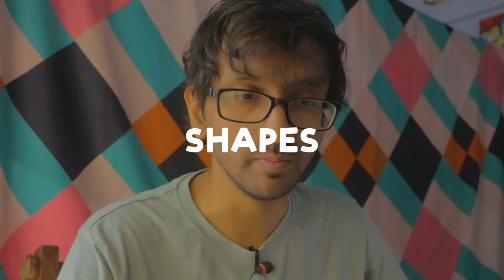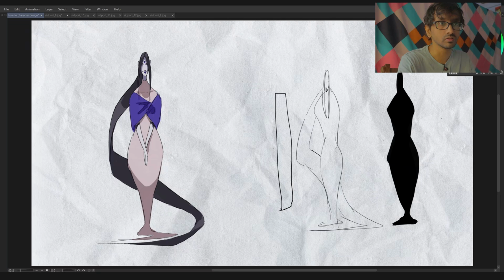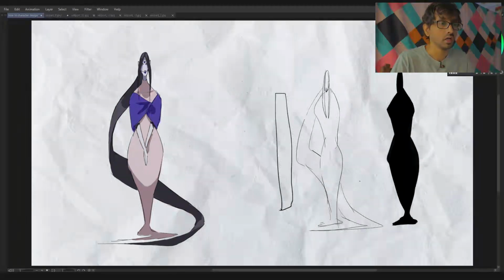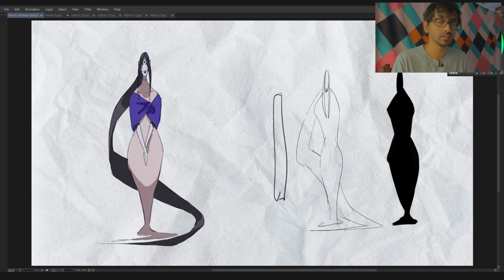Now, talking about the shapes, okay? Now, shape design is the most important thing in character design, alright? Without the shapes, you cannot tell a difference between one character and the other character, alright? Now, if you take a look at her shape, it's basically a slender rectangle, okay? You can call it hourglass shape also, but hourglass is mostly reserved for more curvy characters like curvy women or something. Okay, so this is mostly a rectangle or a stick, and the silhouette should show the shape,